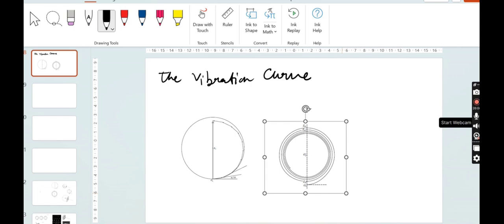So for the vibration curve, to imagine what the vibration curve is,